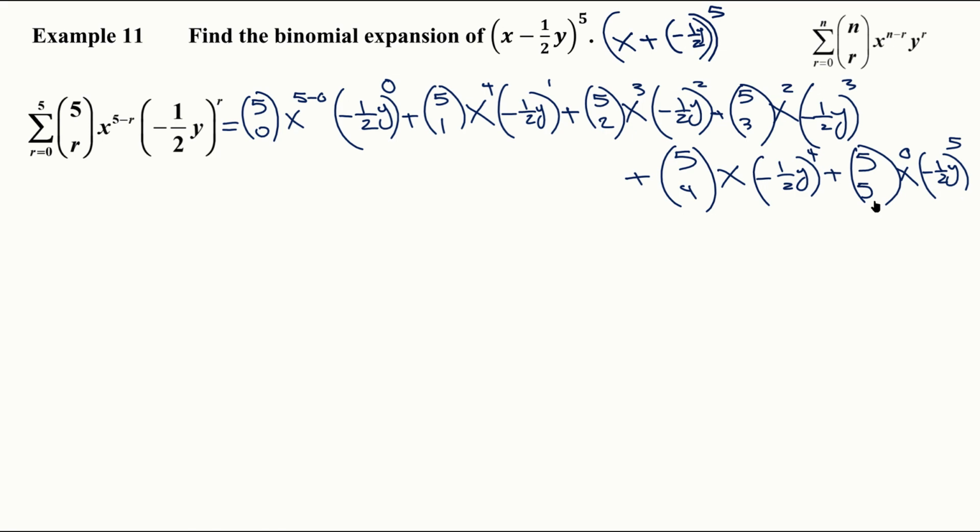Now, we've done enough of these to know. So basically we have x minus 1/2 y, and then we're going to raise the whole thing to the power of 5, which is going to be equal to, all right, we've done enough to know 5 choose 0 is just going to be 1, so x to the 5, and we know that this is 1, so we don't need to write it, times 1 is just itself, so plus 5 choose 1, which is 5 factorial over,